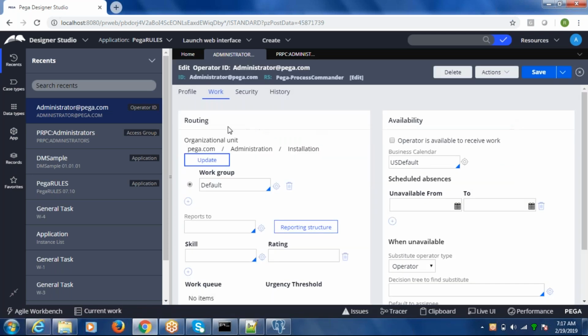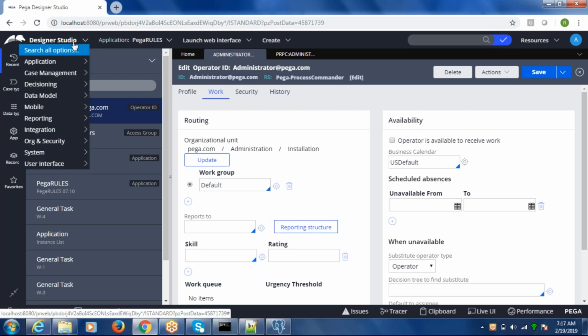This plays a key role whenever the people who log in have application accessibility. So this organizational structure makes them work on specific instances as per the organizational unit. All right.